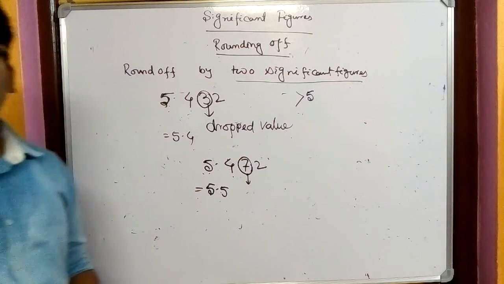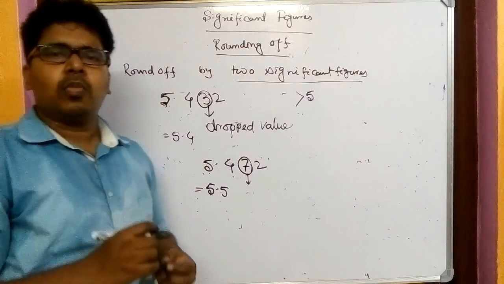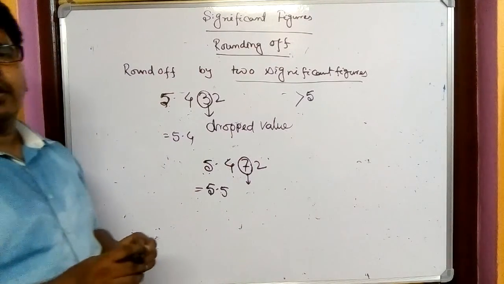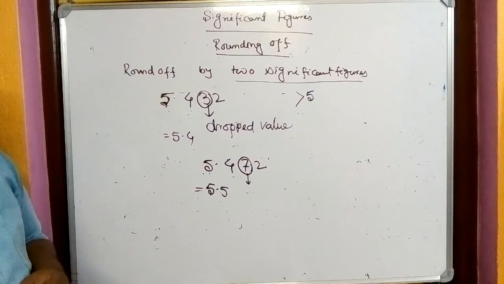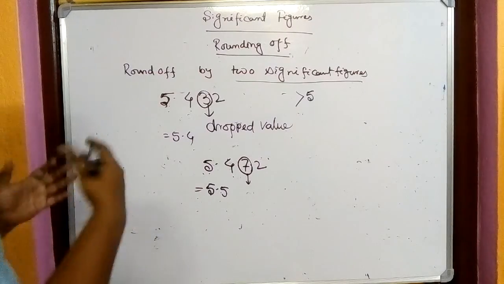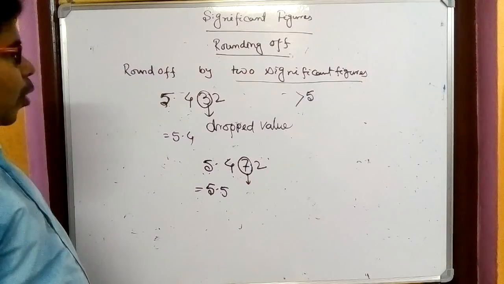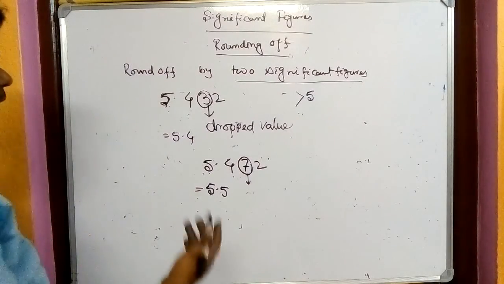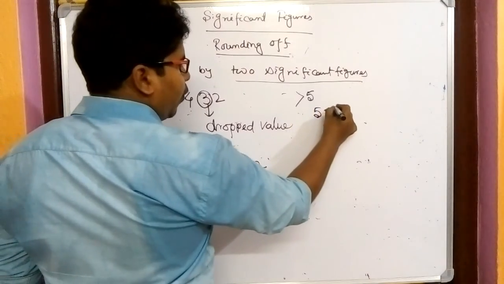Now you can ask, sir, it is very easy thing. Why we are discussing about this thing? This one, whatever the things I have told, we are thinking that it is very easy. It is not so easy. Yes, it is easy. I'm not telling it is too hard, but it is not so easy. Next, the problem has come that if it is 5, assume a number has come